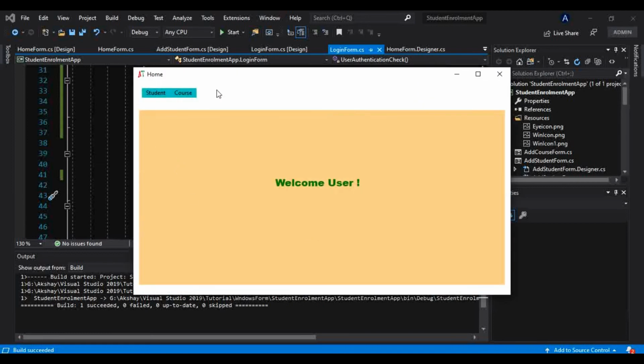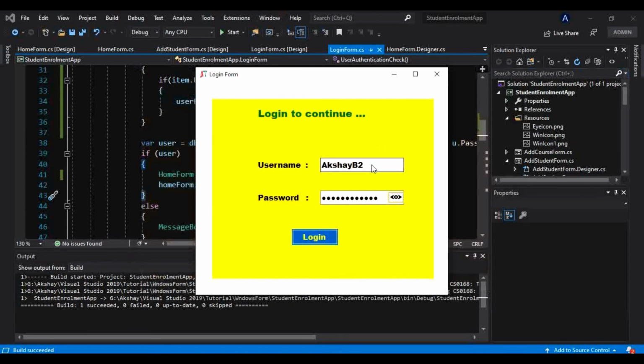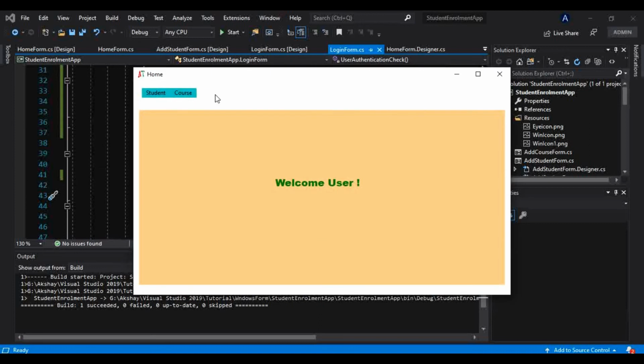Okay, and that user tab is invisible, if you can notice. Okay, and that is for only the viewer account. But what if I would have logged in with the admin account? Okay, so for that, let me just change this password here. That is, I should get rid of this 2. Okay, so this is nothing but one admin account. Let me log in. Okay, so it has not made that tool strip menu visible.